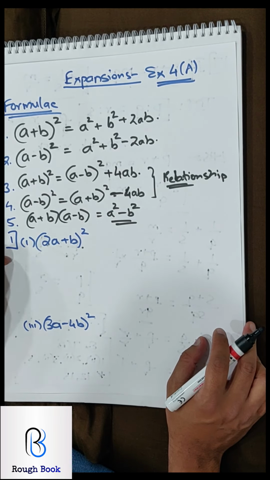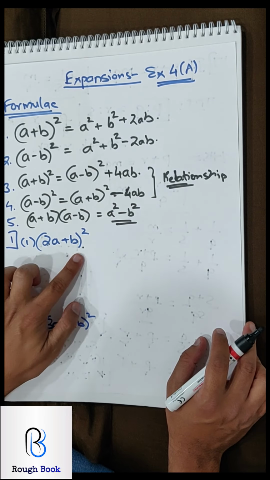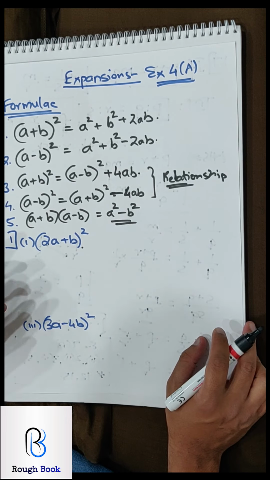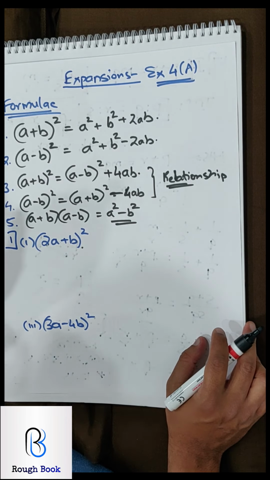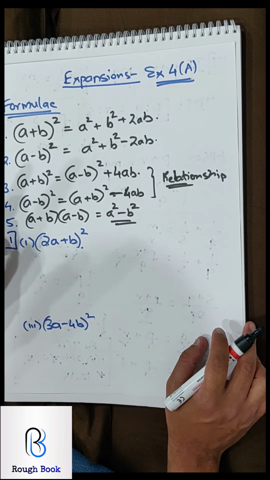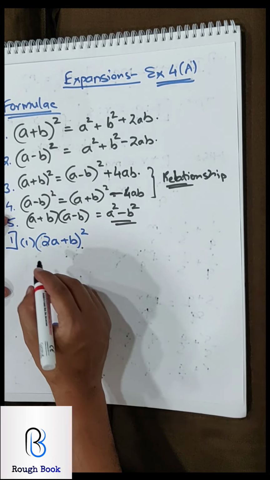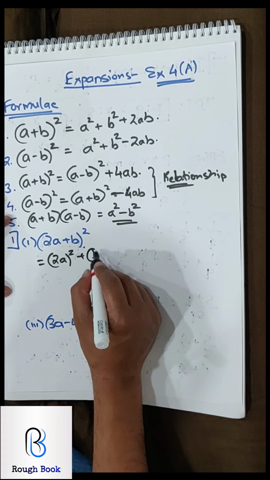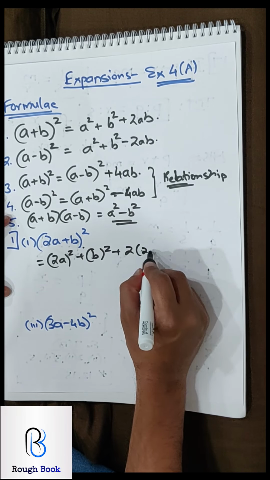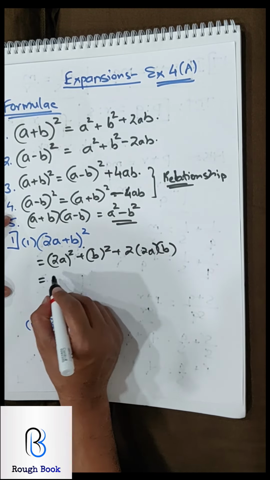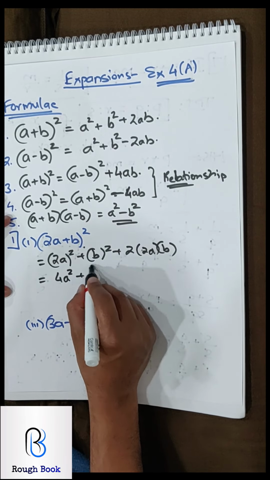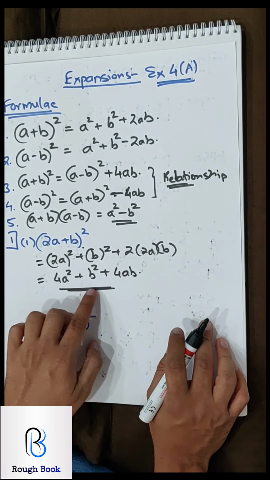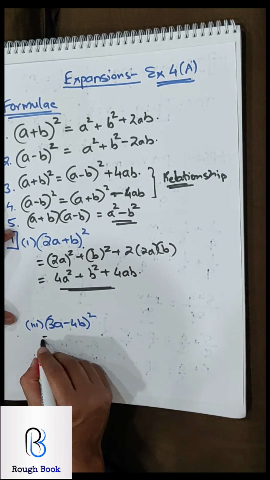So question 1, part 1. 2a plus 4b, square it. They say find the square of. You can always pause the video, go ahead, then come back and match up. The more sums you do on your own, the easier it will be for you to retain rather than copying from the video. So a square, b square, 2 times ab. So that will be 4a square, 16b square, 16ab. Simple. No like terms, so we need to leave it there.